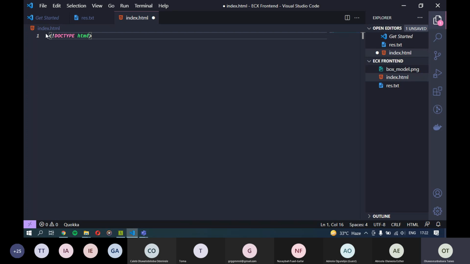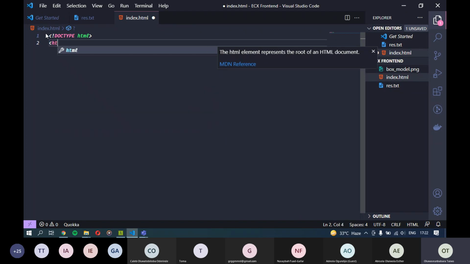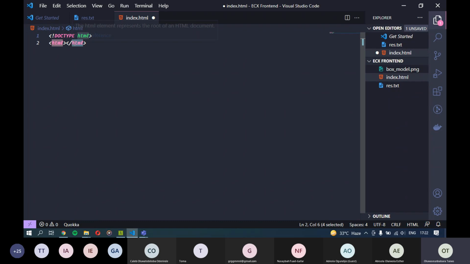Next thing is, the reason why I said HTML is kind of like the structure is, as you're writing it now, you're going to see it. So first things first, what we are going to add is a HTML tag. This one is going to have opening and closing. So you're going to have html. And as you can see, if you're using an IDE, it's going to automatically add the closing tag for you. If you look at the difference between two of them, the only difference is that this one does not have a slash in front, while the closing one has. Most times, every time, that's going to be the difference between your opening tag and your closing tag.